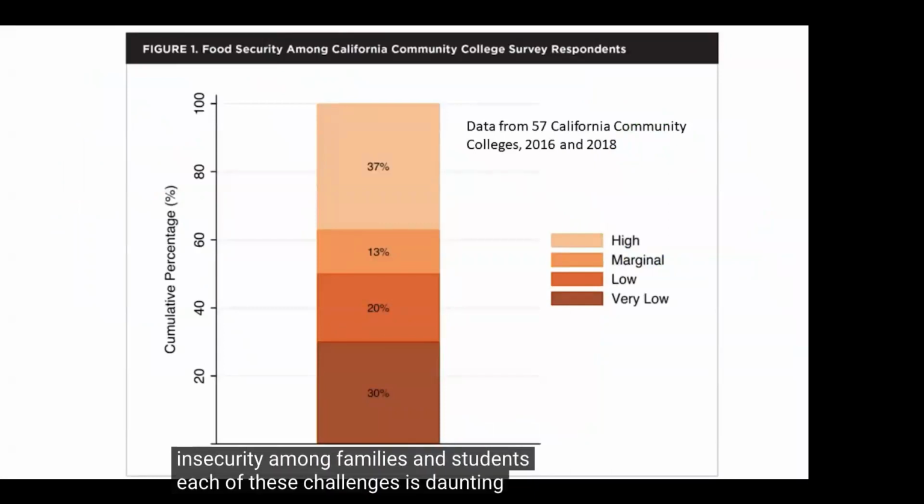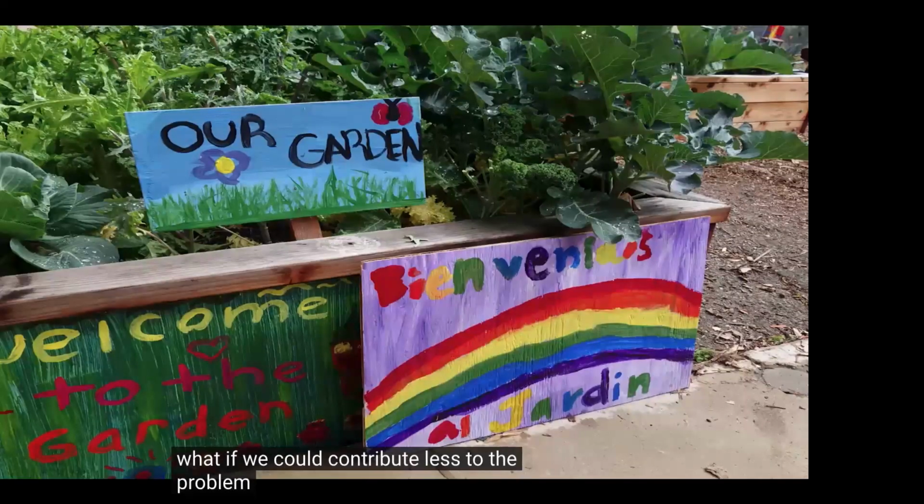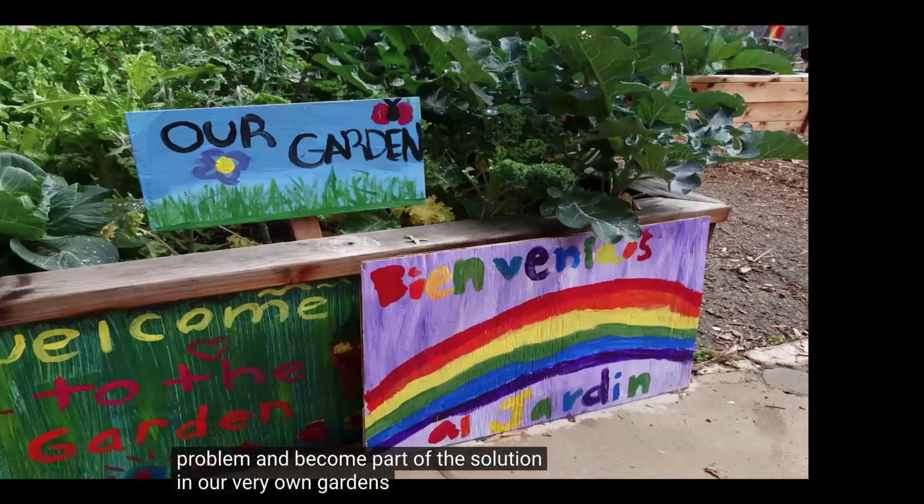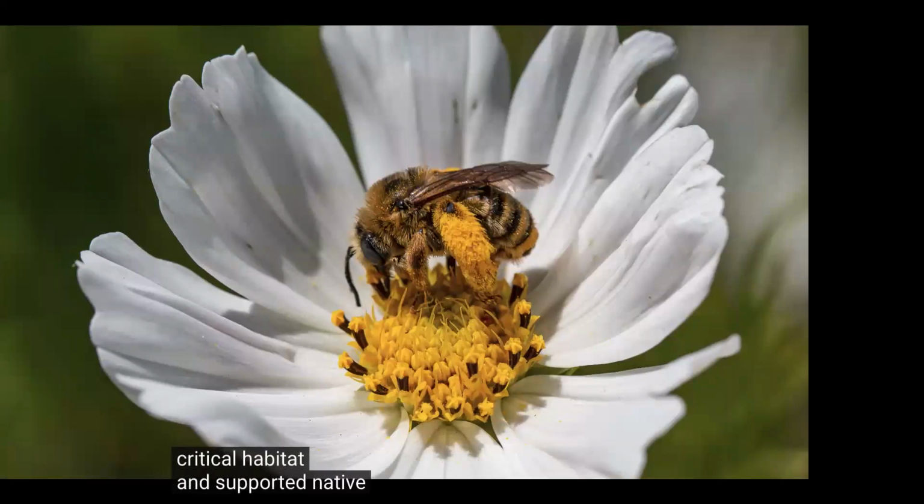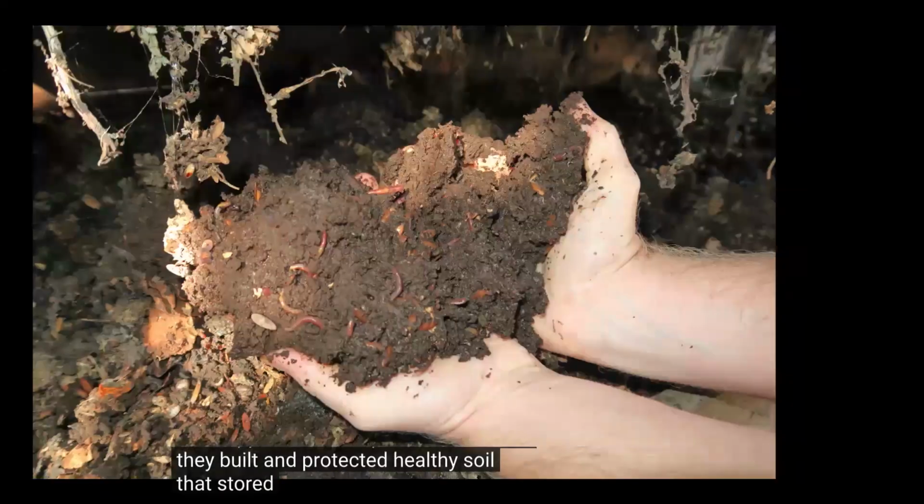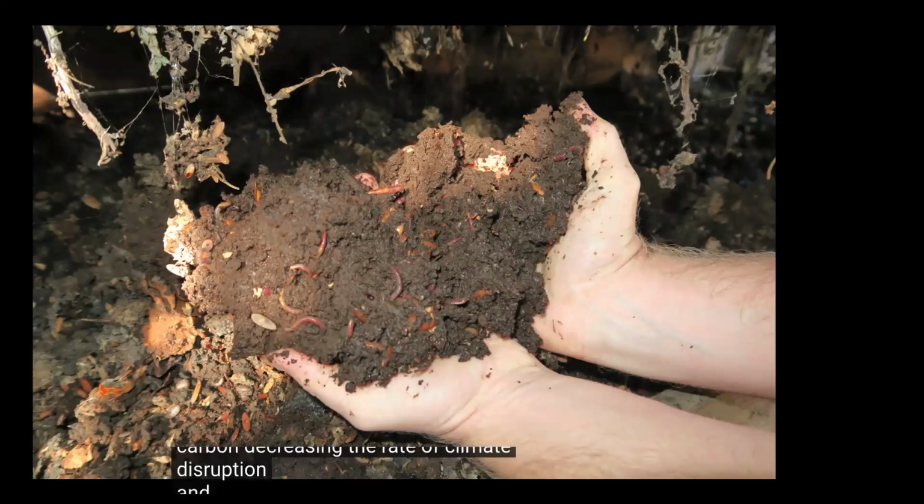Each of these challenges is daunting. Combined, they can be overwhelming. What if we could contribute less to the problem and become part of the solution in our very own gardens? What if these gardens created spaces that restored critical habitat and supported native pollinators? What if they built and protected healthy soil that stored carbon, decreasing the rate of climate disruption, and trapped runoff,